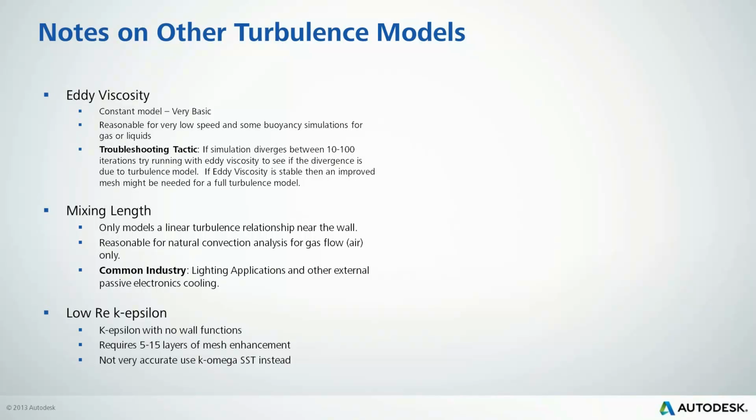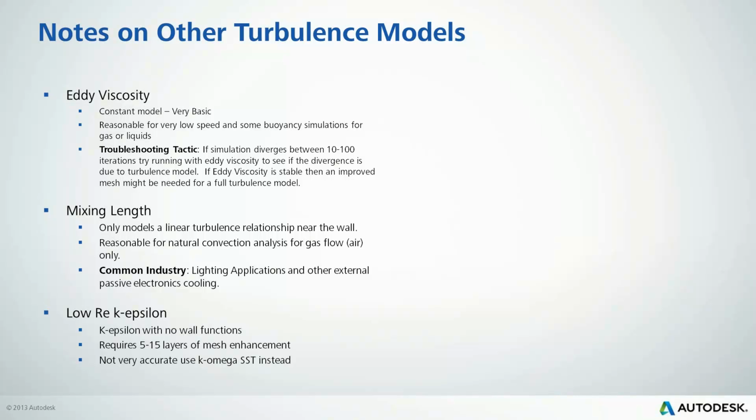And this will point to maybe that you have a meshing issue or something else, but at least gives you an idea that it's a turbulence issue, most likely. In reality, when you actually solve your model, the first 10 iterations are actually solved with the eddy viscosity turbulence model, just to improve stability for the first few iterations. Mixing length, most often I actually see this used in the lighting and external electronics cooling industry. It seems to work very well, and it's only adjusting the effective viscosity near the wall, and then within the core it's just a constant